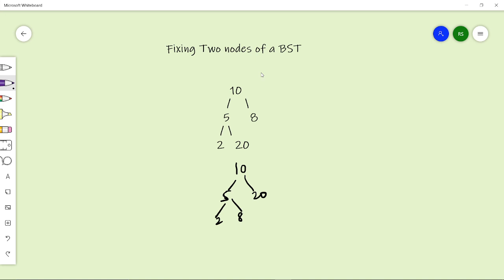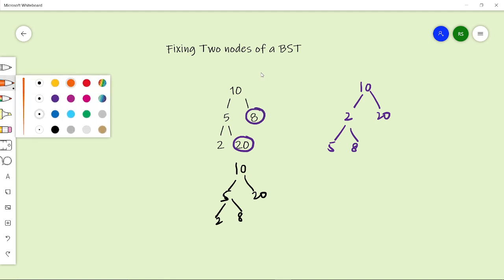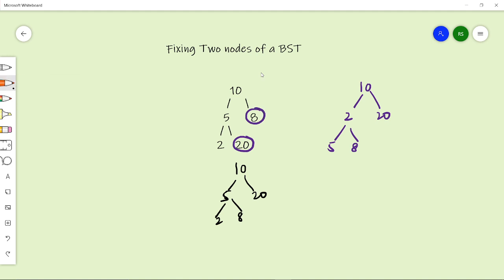In this, I have the tree like 10, 5, not 5, 10, 2, 5, 8, and 20. Here the nodes to be swapped were 20 and 8. And what are the nodes that I have to swap here? 2 is following the property. 5 is not following the property for the node 2.